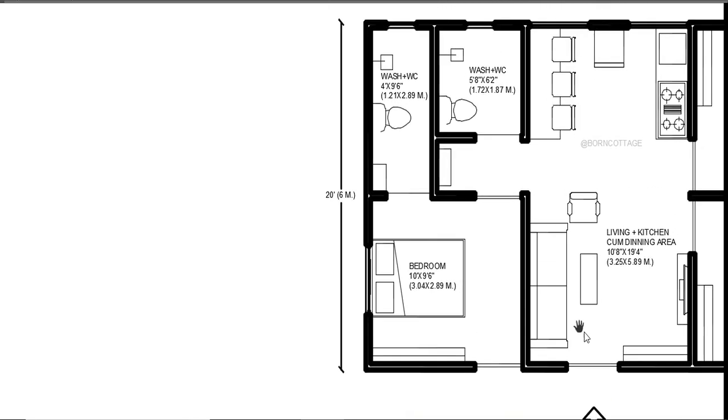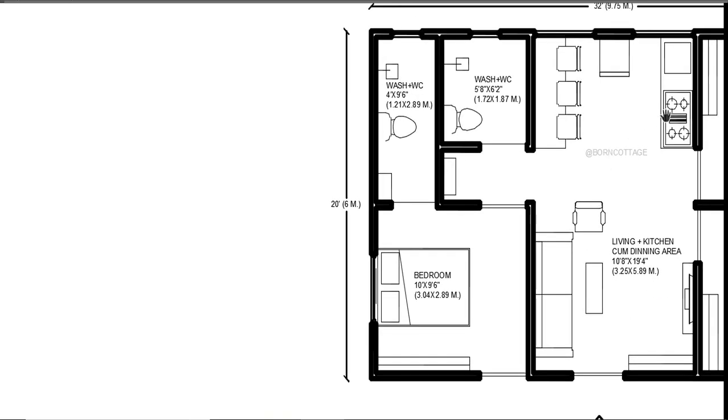So we have living plus kitchen cum dining area. You can see here the sofa arrangement, chair arrangement, tea table arrangement, and also we have TV unit on the front wall and a library section. If you go inside, so we have kitchen cabinet with burner, sink and refrigerator arrangement. And on the left side we have dining counter with 3 chairs and 2 large size window for ventilation and